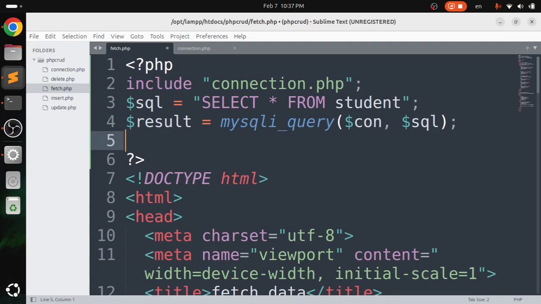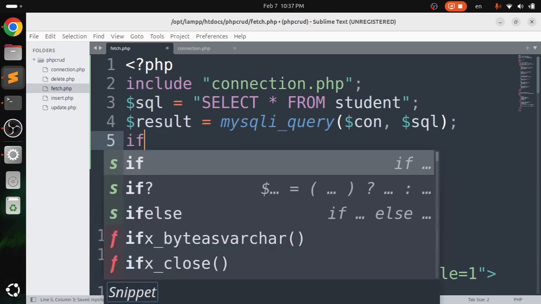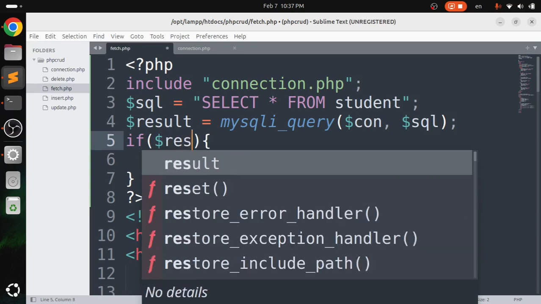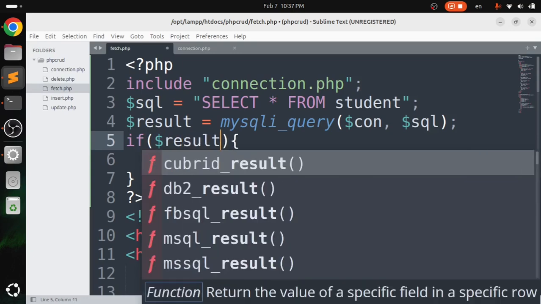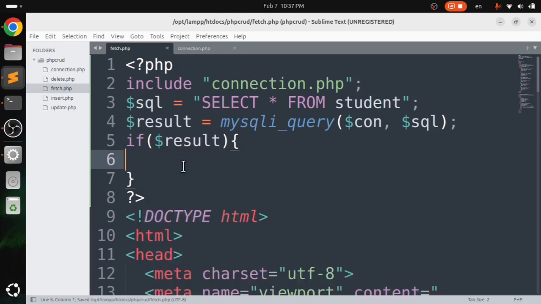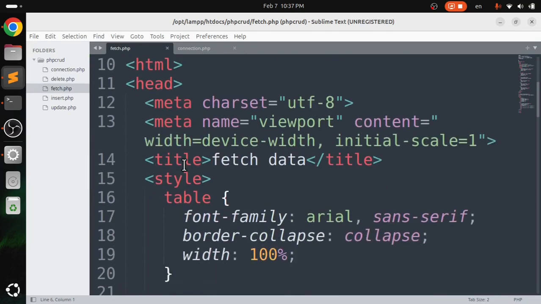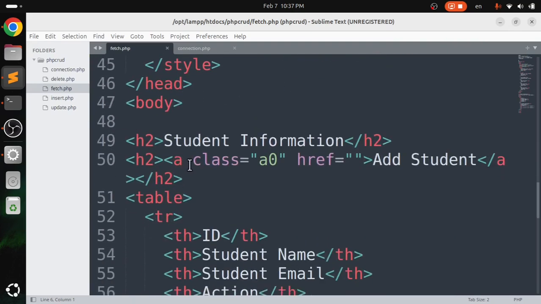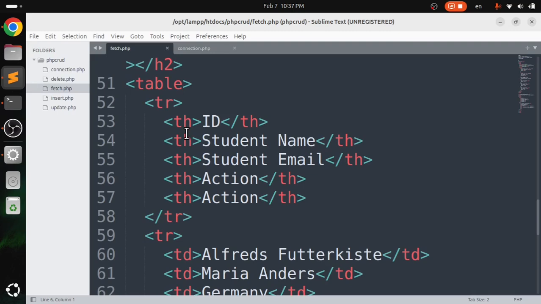Now we want to fetch the data. So we will say if our result is executed, $result, now we will do other code. So now we will go here in the HTML, and here we will add all of them. Let's say